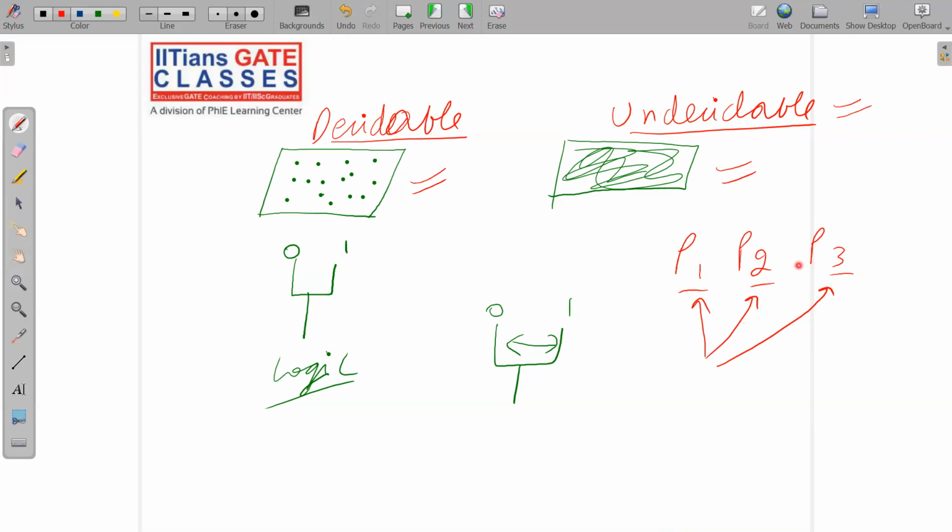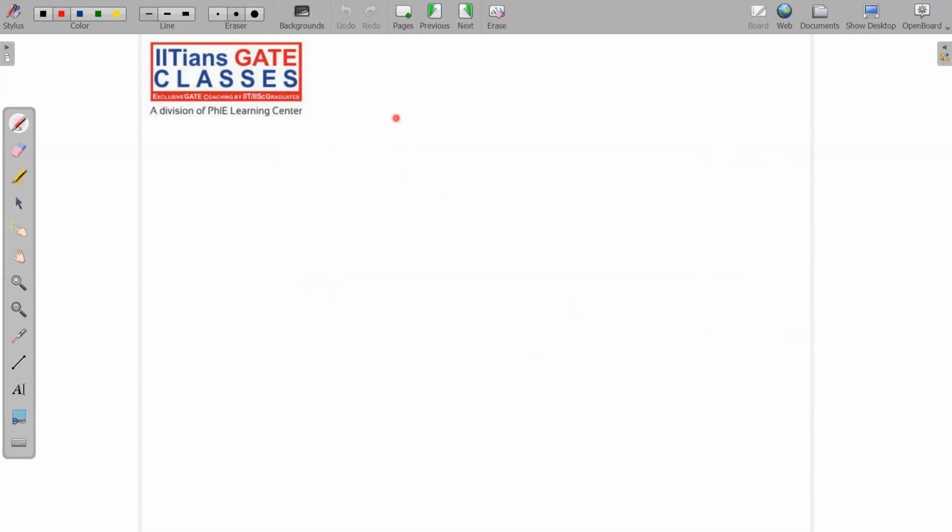I hope I am able to give you some intuitive idea about what exactly we are going to study. Don't worry if you are thinking that this subject is difficult. I will make it very, very easy for you, and I'm just giving you an intuitive idea of all these basic concepts. Okay, and I want to say something about Gödel also, and then I will complete this lecture.